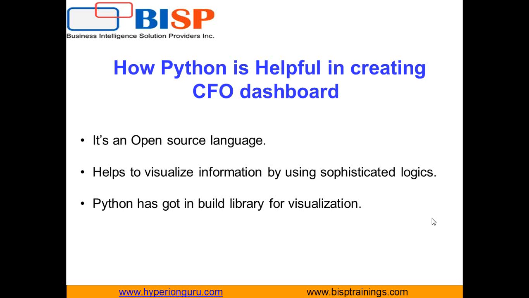It helps to visualize information by using sophisticated logics, because one reason is to use a more powerful tool to address the traditional business use cases. Now in traditional business, as I told you, we have BI tools available in the market, so we can use them to build the dashboards. Then why should we go for Python? Because